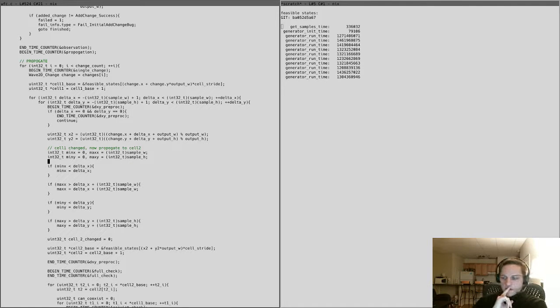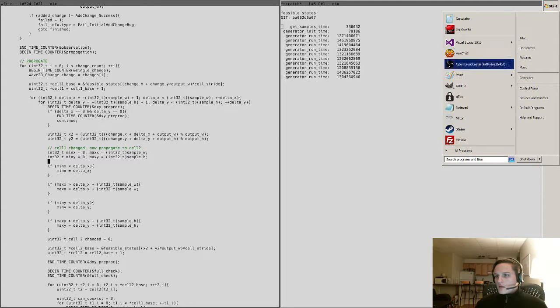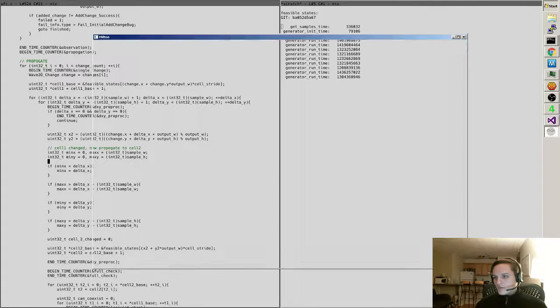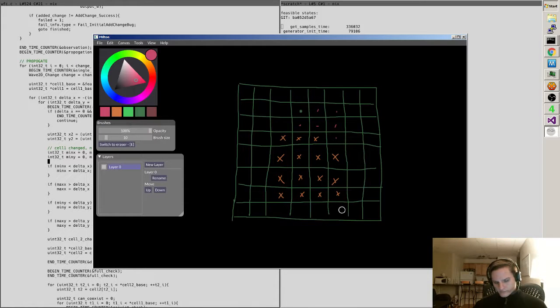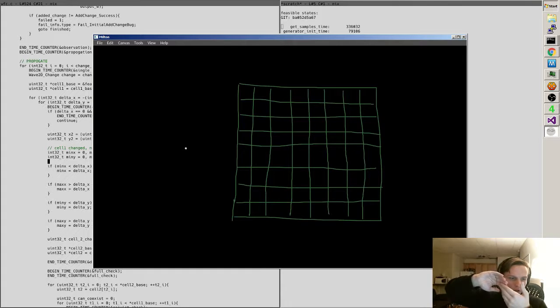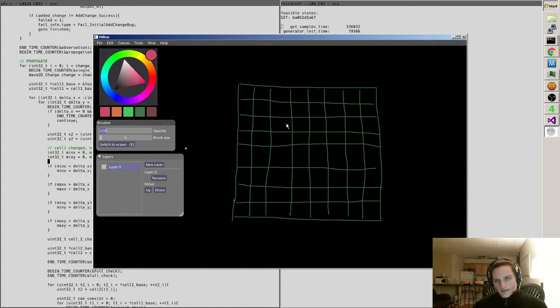But what I was thinking you could do is the idea that the C# version used to speed up the checks for coexistence was that it would say something like, all right, suppose we've got